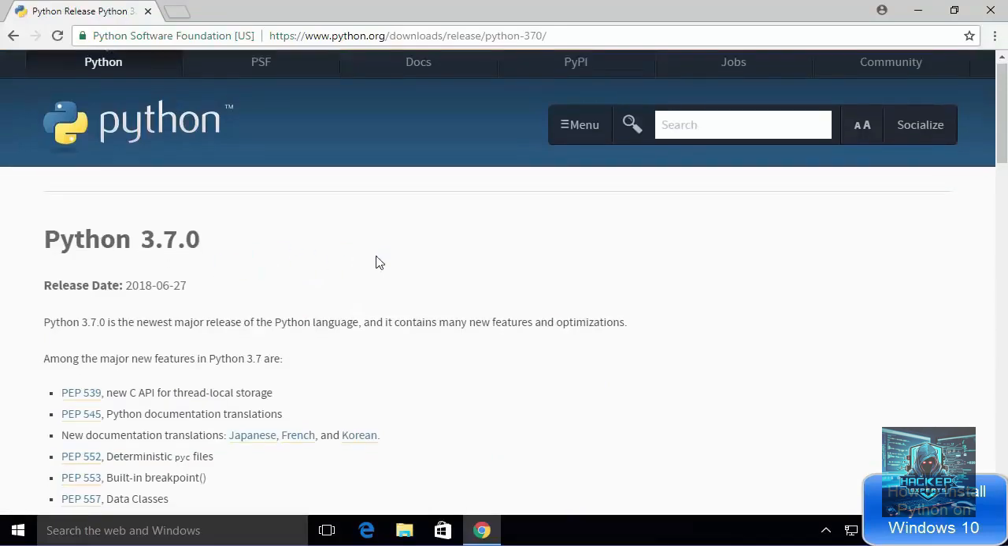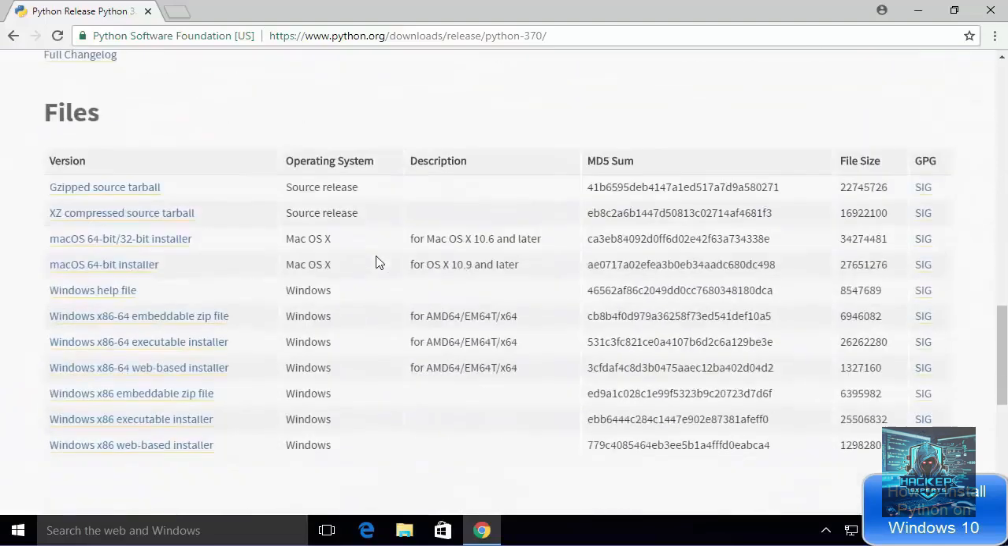Now I'm going to scroll down until I see the files here, and you will see there are various kinds of installers available. We are going to install Python using the executable installer. So we are going to choose this option which says Windows x86-64 executable installer, and now I will wait for this executable to be downloaded. Once it is downloaded, you just need to click on this exe file, and I'm going to minimize the browser here. So you can see